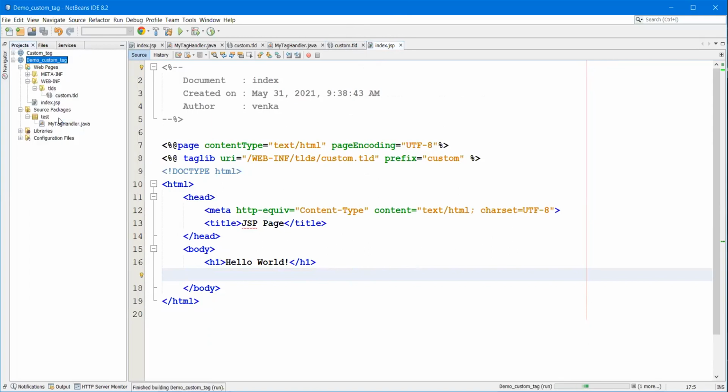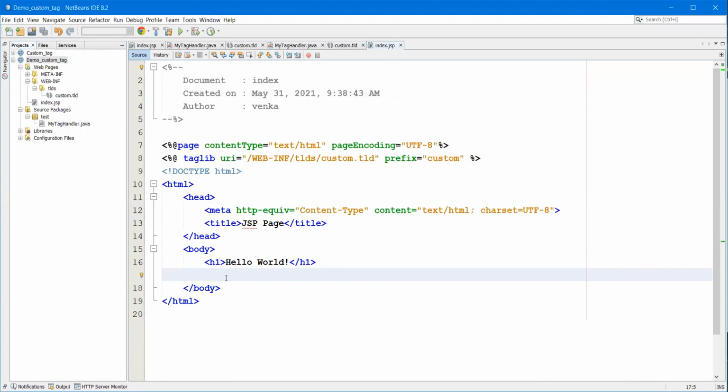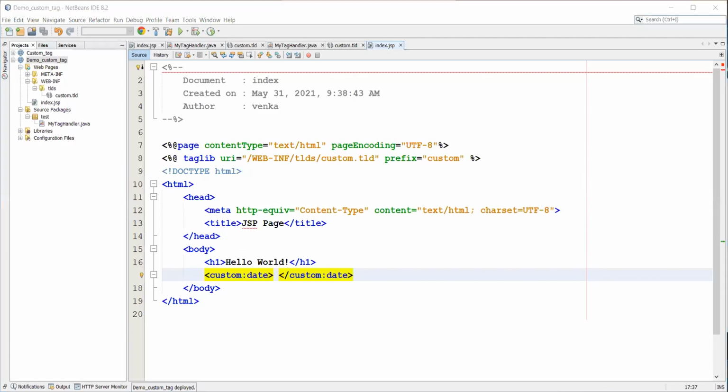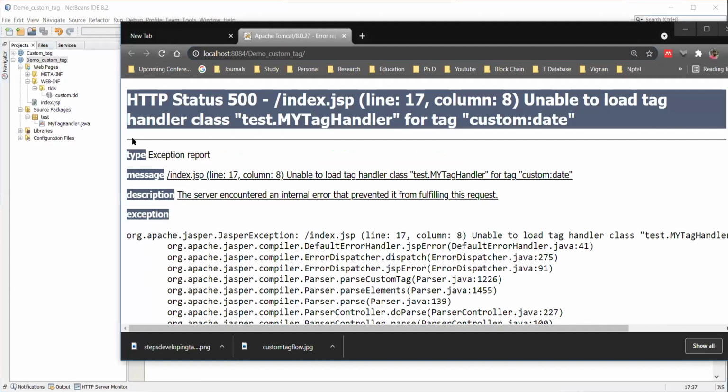The first time it will take some time. It is giving a hello world page. Now I'm going to add this custom tag. What output is it going to give? One second.